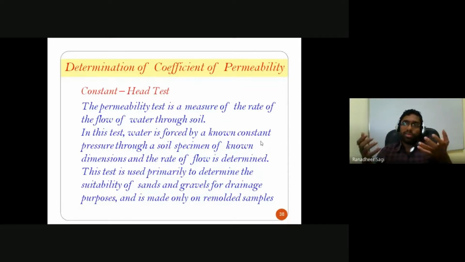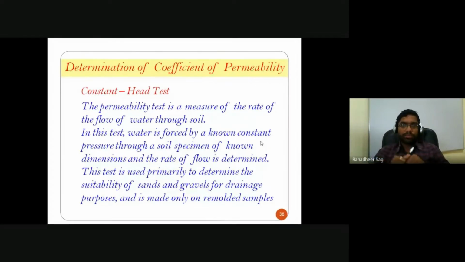And once I know the quantity of discharge over a certain period of time, capital Q divided by that time gives me small q. That is nothing but flow rate. So I can get my flow rate. And once I know my flow rate, how do I write it down? Flow rate is nothing but velocity into the velocity with which the flow is happening through the complete cross-sectional area of